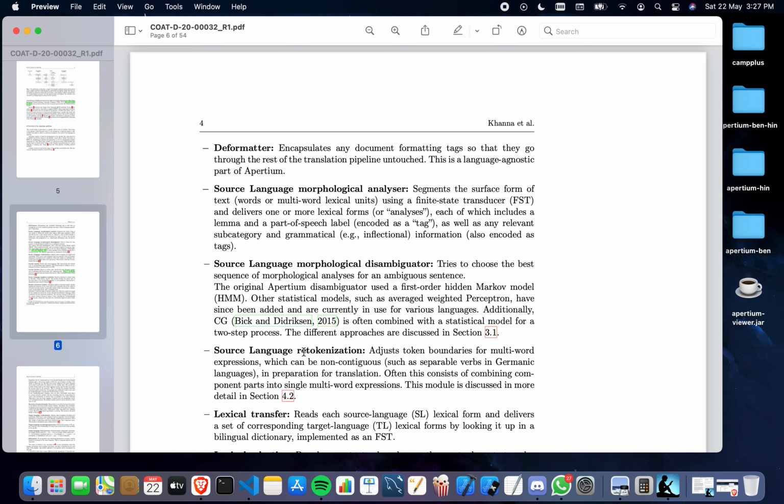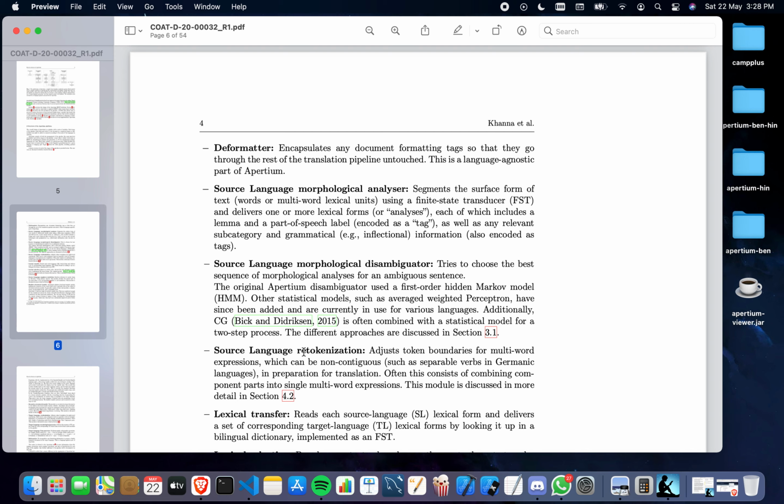It segments the surface form of text, words or multi-word lexical units using a finite state transducer, FST, and delivers one or more lexical forms or analyses, each of which includes a lemma and a part of speech label. You know the phase called part of speech tagging of morphological analysis. This is that part.